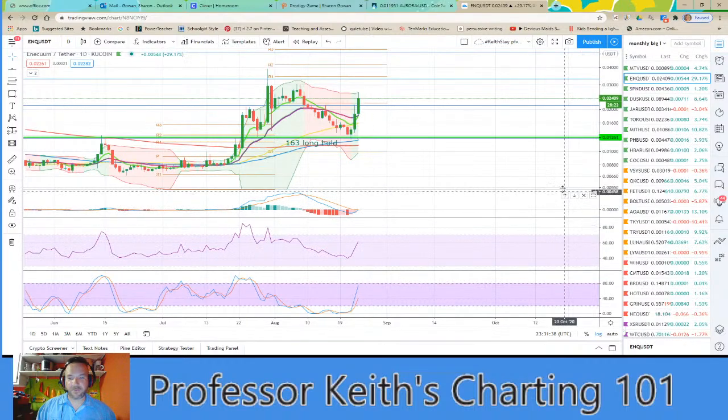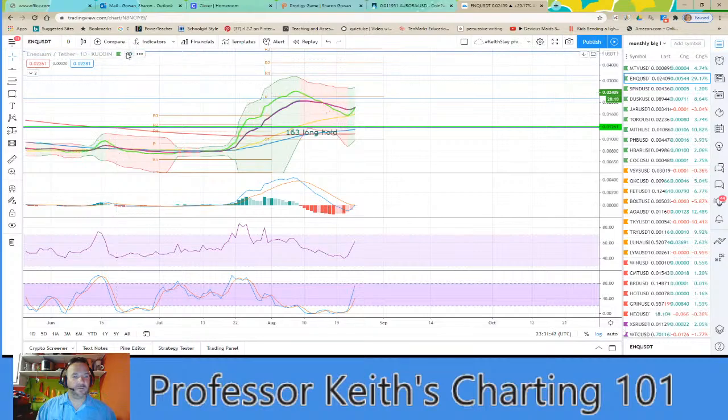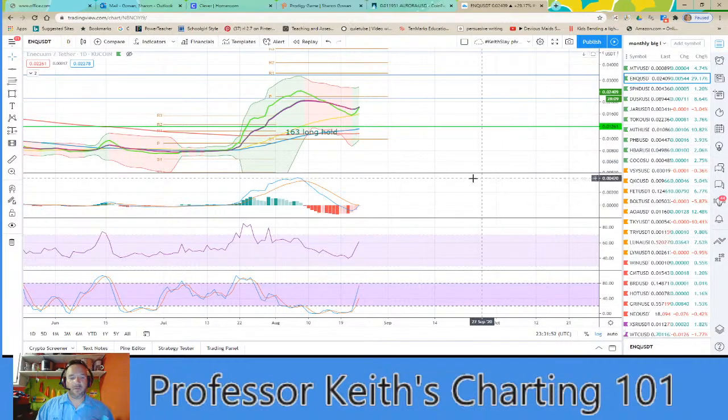Look at them indicators. Tell me something, y'all. If you were to look at these indicators without the candles up there, what does that tell you? Because I'm sure some of these other guys who don't know as much are listening. What do these indicators tell y'all? Because y'all already know, but I want the other guys to be able to see.